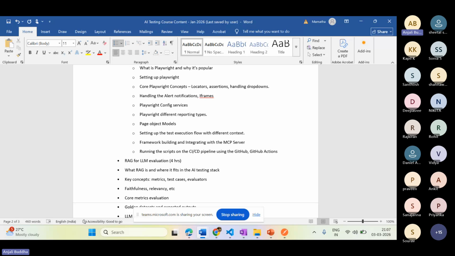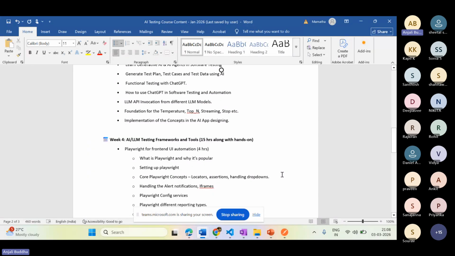By using these prompting techniques, you can handle your day-to-day work, like fetching your user story and giving a prompt to create test cases for the same user story. We are going to discuss step by step: first prompting, after that how you can integrate the tools, and how you can make your life better with these tools. That's how we are going to get into the different phases.